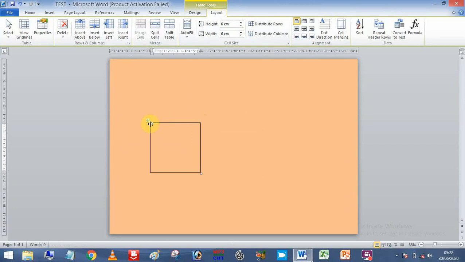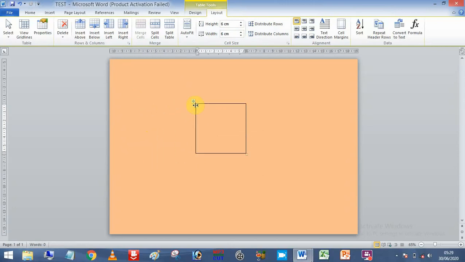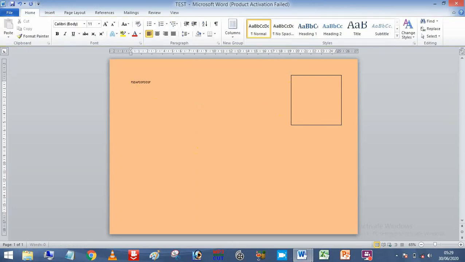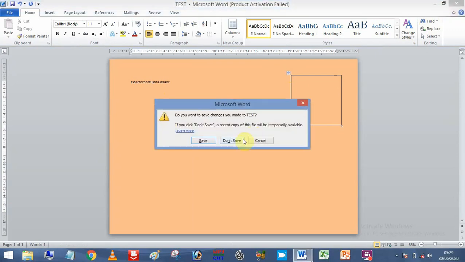Even you can move it to any place, my friends, by holding this flower structure here. You can move from left to right, top to bottom. You can keep it even on the right top of the document here like this. So now you can type here Marks Memorandum, whatever. I'm going to show you how I created it. Let me close this.